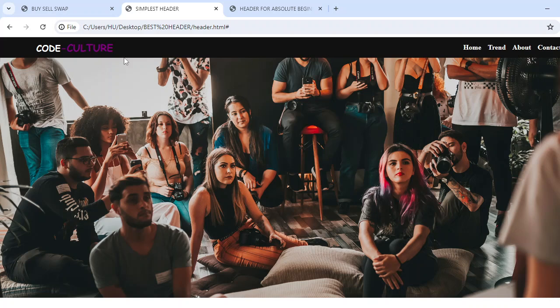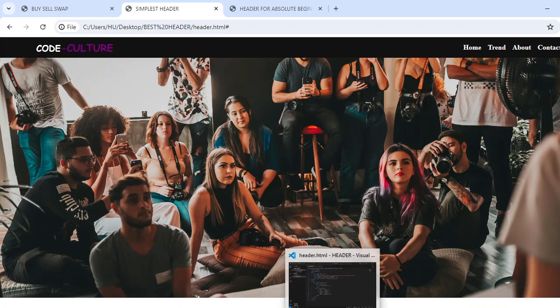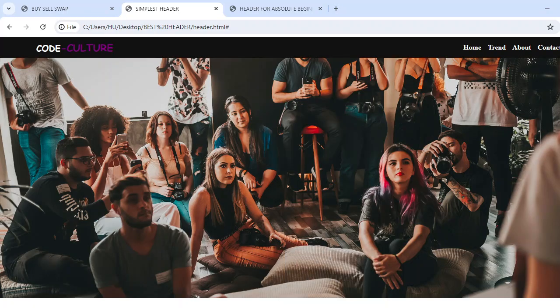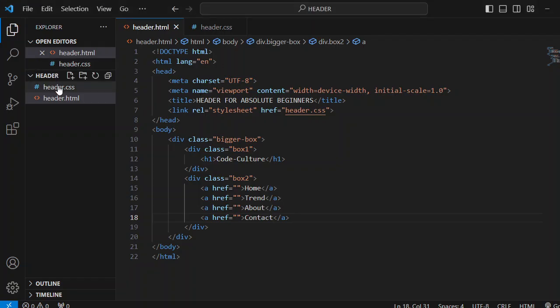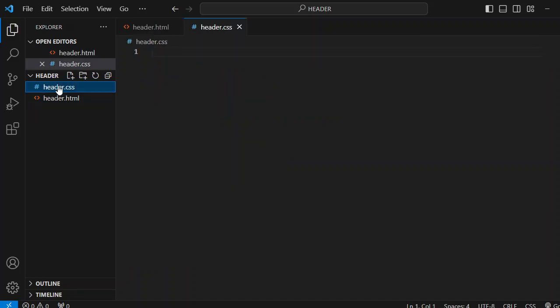For us to do this, we are going to need the CSS file. We are going to do it inside the CSS, so we cannot do it in an HTML file. We are using the CSS file. So now we are going to click on the CSS file, and let's set the parameter. First of all, we're going to set